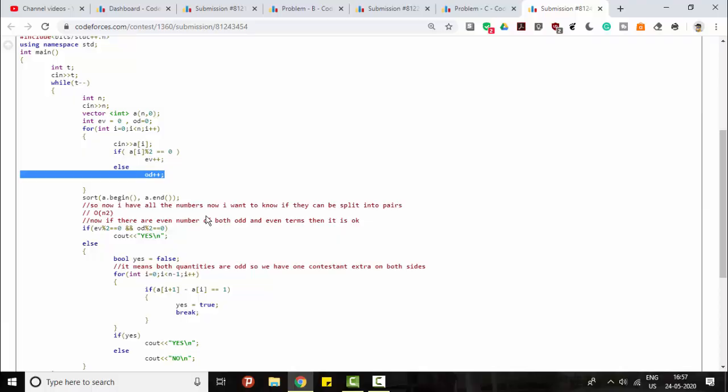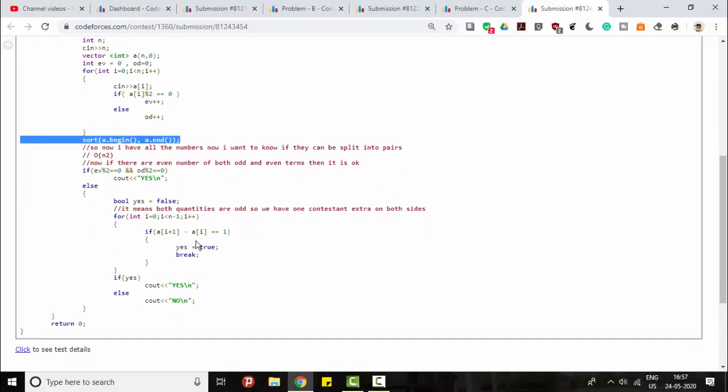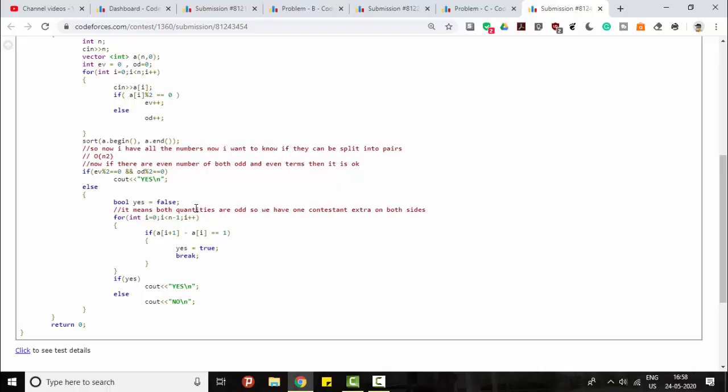So this would be a problem with complexity of over n square, and we have sorted the array. Okay, so what we'll do is, I don't want to bother about the same parity ones. So we'll find the number of even numbers and the number of odd numbers, and if both of them are even, they will be taken care of in their own domain,